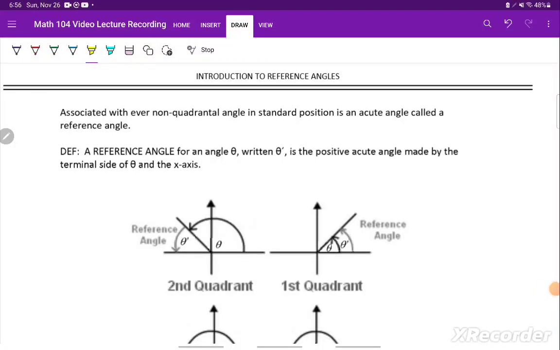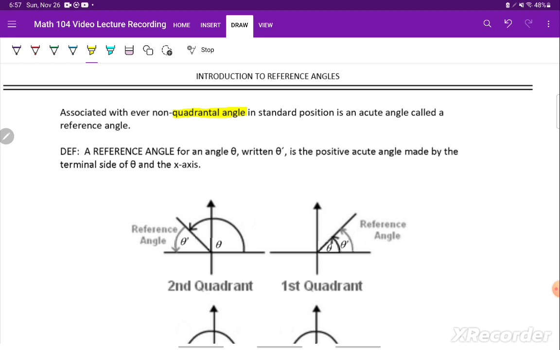This video provides us an introduction to reference angles. Associated with every non-quadrantal angle in standard position is an acute angle called a reference angle. Now remember that a quadrantal angle is one that falls on either the x or the y axis. So we're saying that any angle that doesn't fall right on the x or the y axis is going to